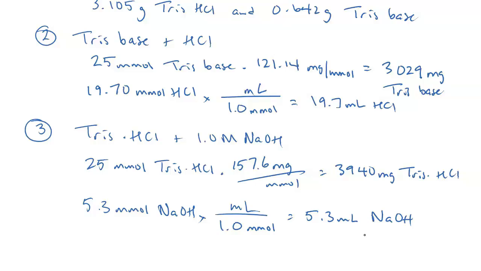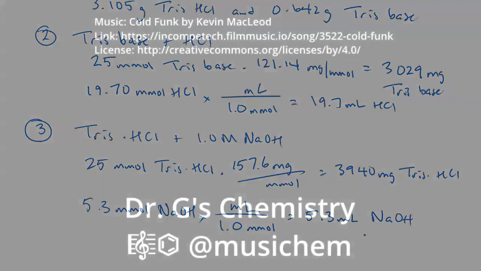So if you want the pH to be perfect, you don't just trust the math, you also measure it with the pH meter. So I would go ahead and in my beaker, once I've added the things, I would adjust the pH with NaOH or HCl, then I would dilute it to the mark, mix it up, and then I would measure the pH again because it might have changed a tiny, tiny bit, and I would need to know that.